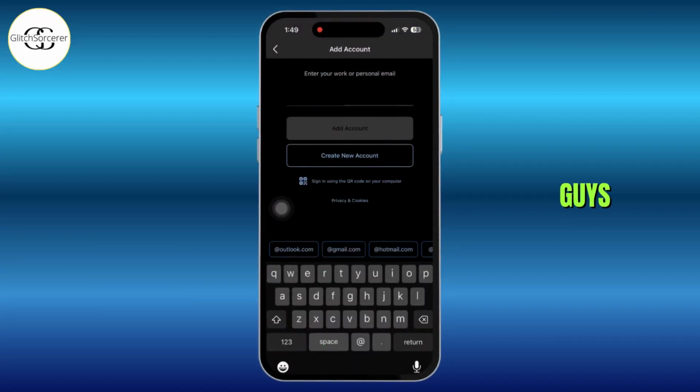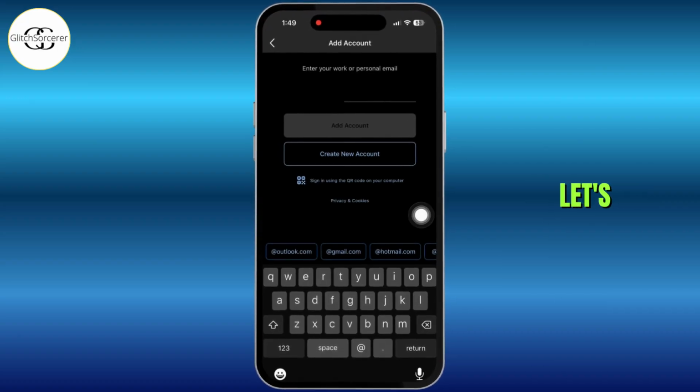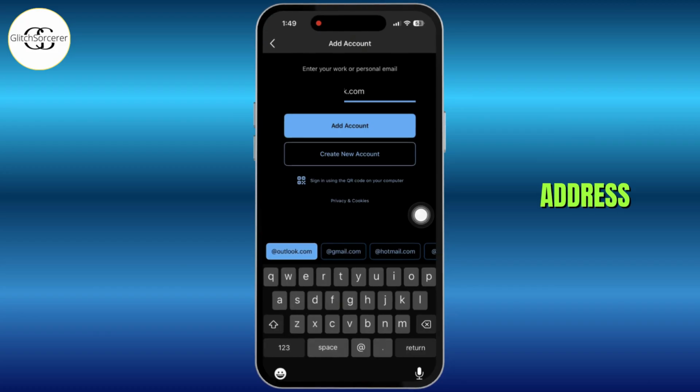In this guide, I'm going to show you guys how you can fix the Outlook account not recognized or can't sign in issue. Let's get started. First, double check the email address you are entering. It sounds obvious, but even a small typo, using the wrong domain like .com instead of .net, can trigger the